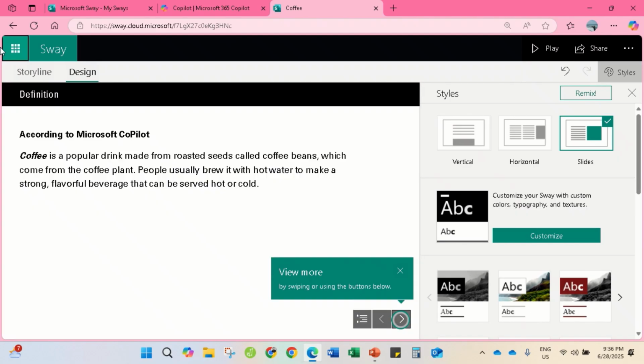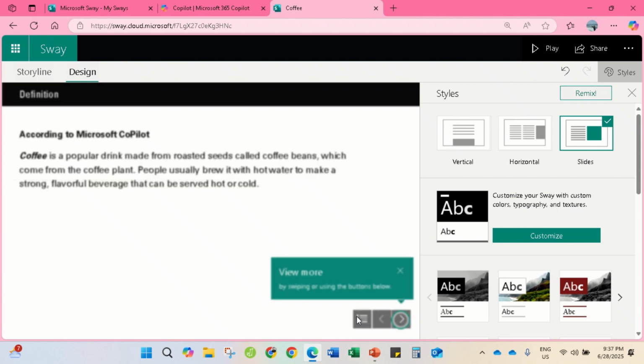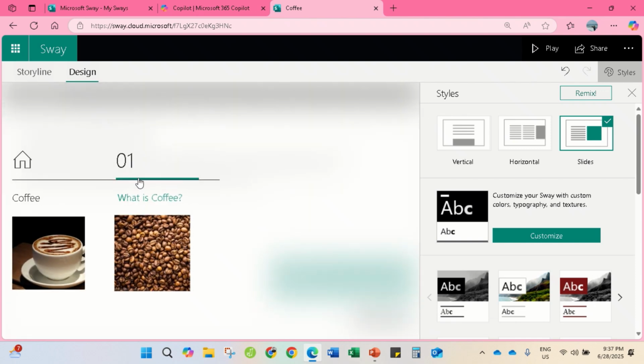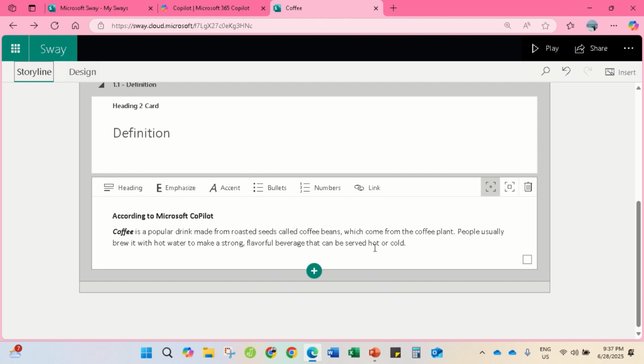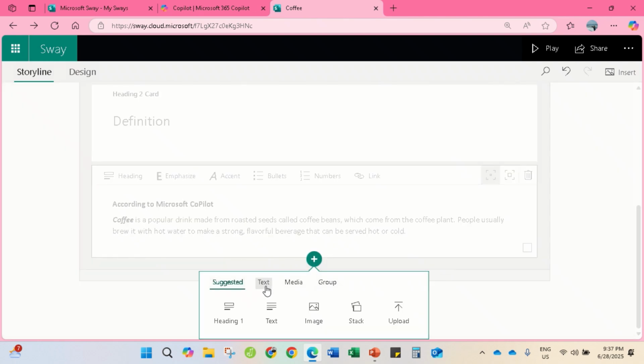So as you can see, the definition turns out to be working here as your subheading so that it would work. So as you can see here, there will be an outline. So this would be your heading 1. When we add another, it would be working. Okay, let's have now another one on the storyline. So continuing, so we have now your definition. You can add now more subheading